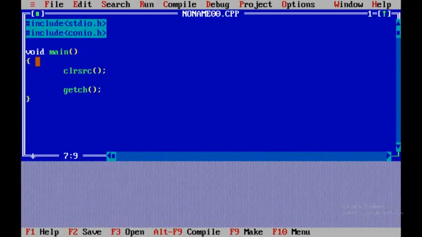So in every program, our first work is to declare the variables. So I am going to declare variables. The data type of name is character. I am giving the variable name and giving the size of name as 30. No name is greater than 30, I think.